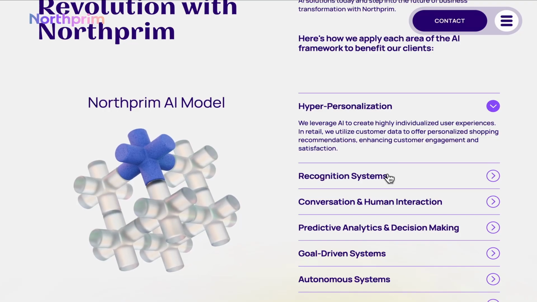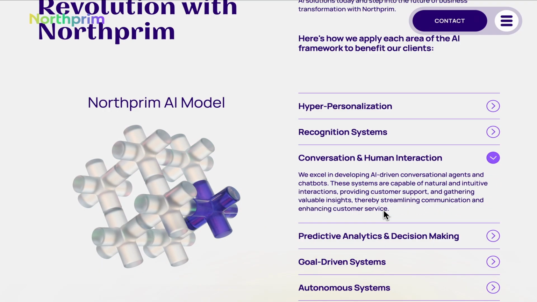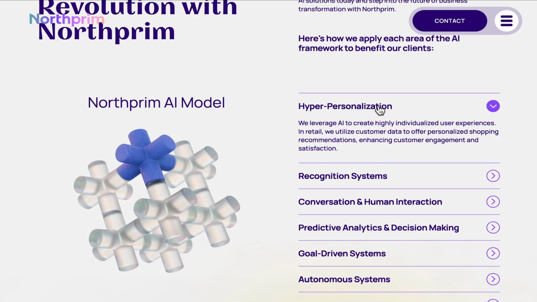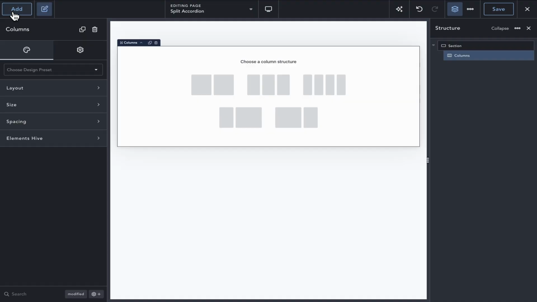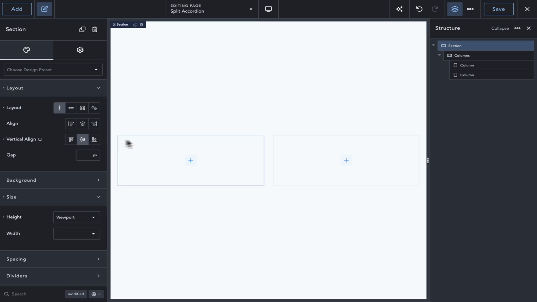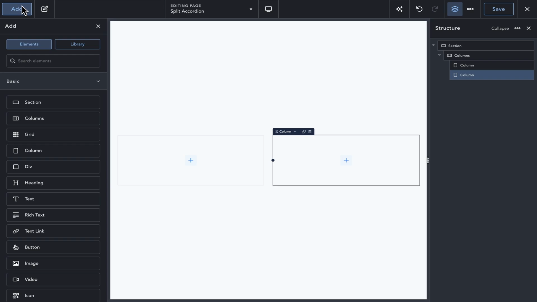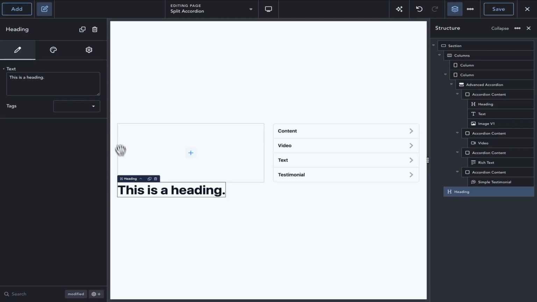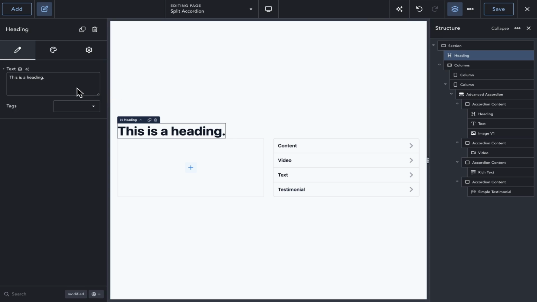In this episode of the Breakdance Unleashed series, we will learn how we can create this kind of split accordion pattern using Breakdance and Elements Hive. We'll start by adding a section and a columns element that will house our images and advanced accordion side by side. On the right column, we will add the default Breakdance Advanced Accordion element